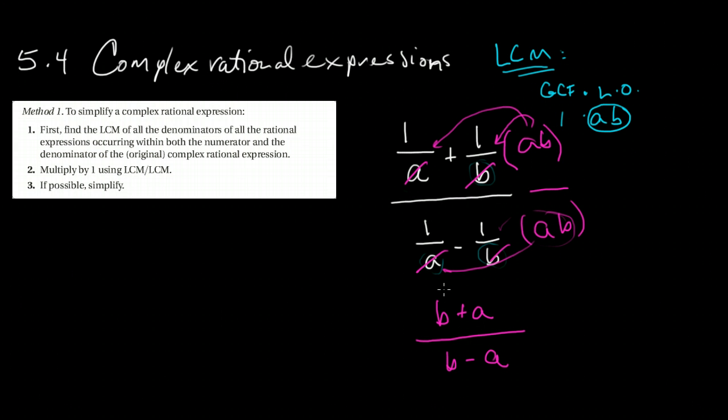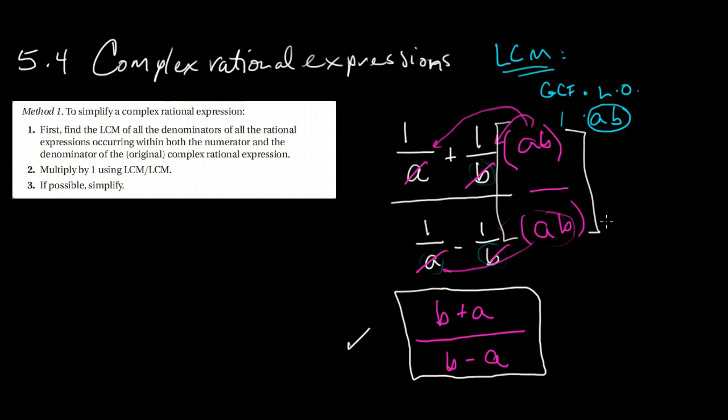Since this one cannot be simplified any further, for all intents and purposes, we are done. This is as simplified as it's going to get, and that is your answer. So that's the first method: basically find the least common denominator for all denominators, multiply the entire fraction by a factor of 1, and then simplify. Let's take a look at another example